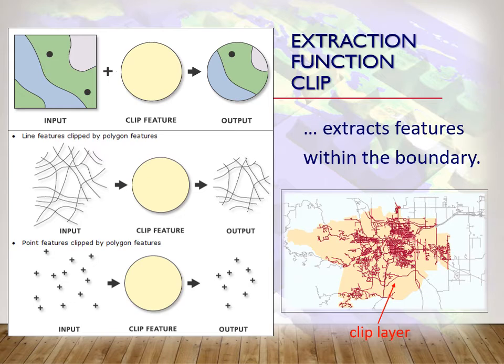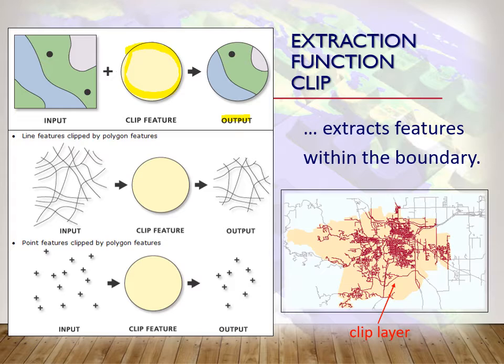Here's another example. Instead of doing intersect, let's say we're doing clip. With clip, we need a boundary, whether it's a circle like you see over here, a square, or just some other polygon, and we're going to use that to clip or extract data out of the input. So in this case, we are not combining the two input data sets